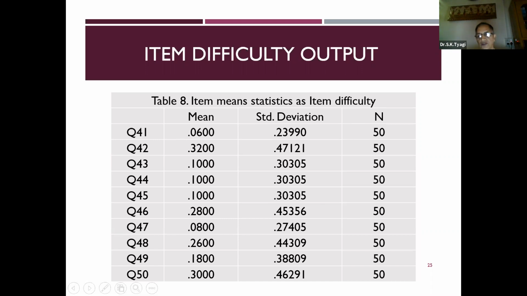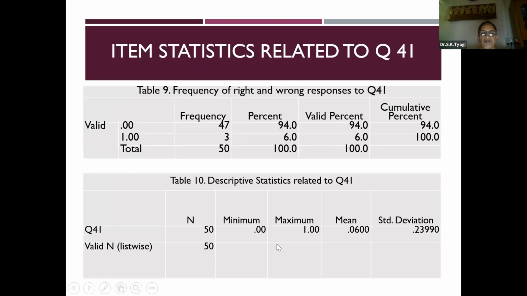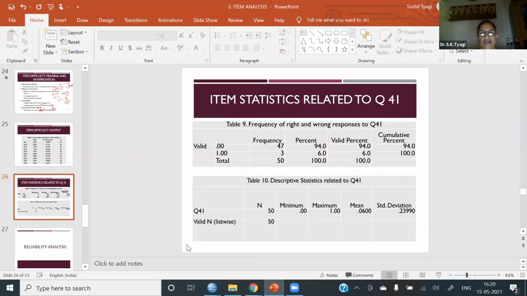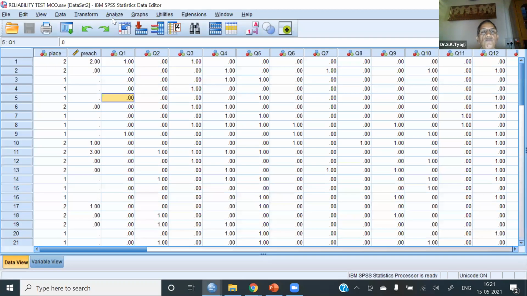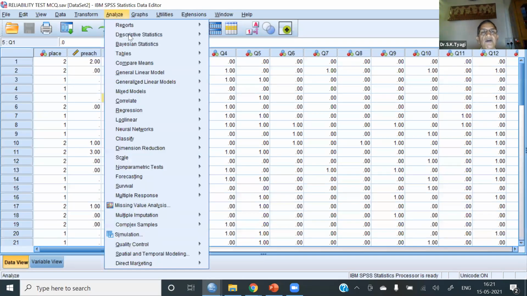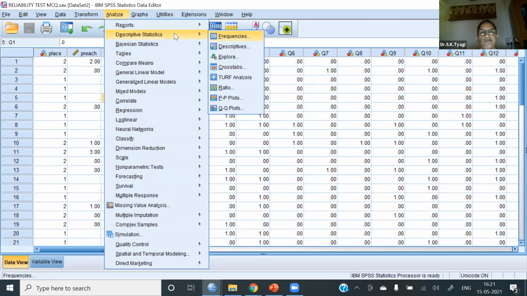How? To explain this, let me go to another table. And how did you get this table? We go to Analyze, Descriptive, Frequencies.